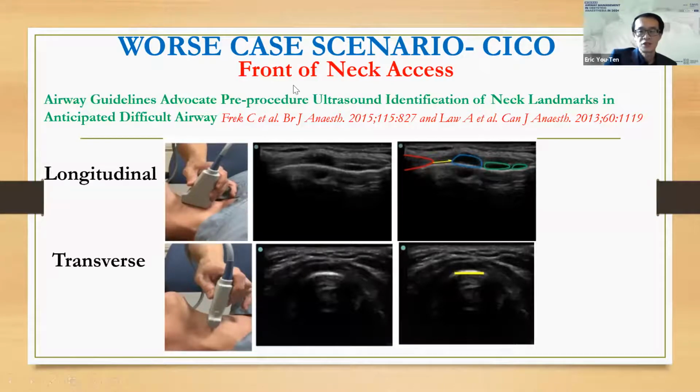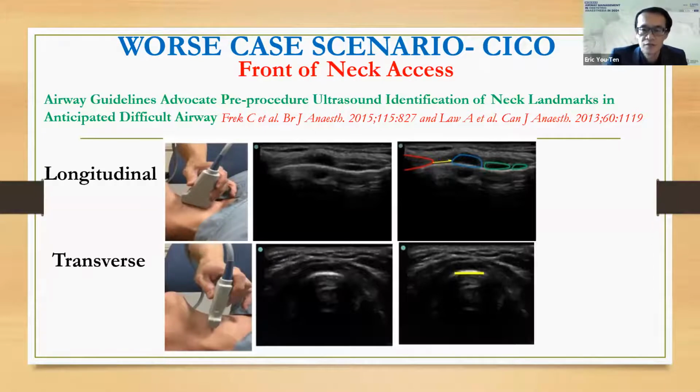Well, the worst case scenario, as most of us would probably have guessed, is a situation where we cannot secure the airway, cannot intubate, and at the same time we have lost oxygenation and we cannot oxygenate. So now we're on the path of a surgical airway. And the key here is, we don't want to be facing this situation during an emergency. And even if that happened, is there any way we can mitigate the failure rate and improve